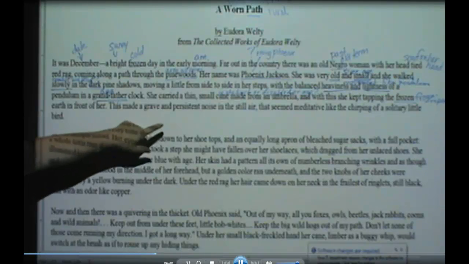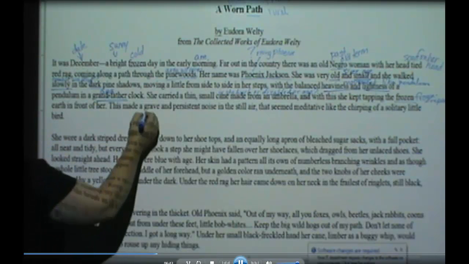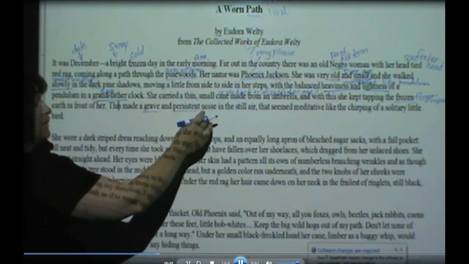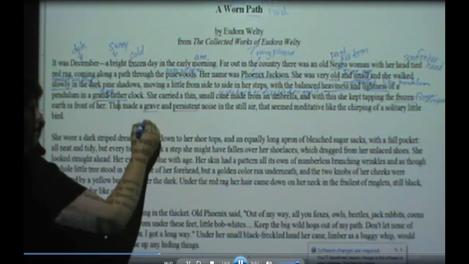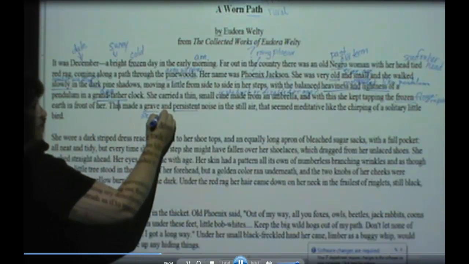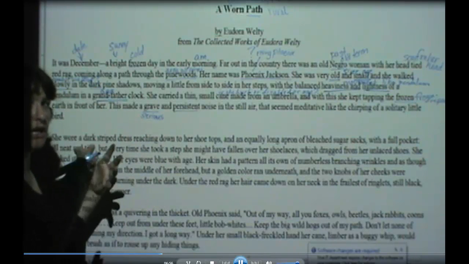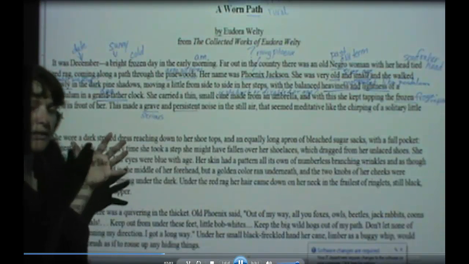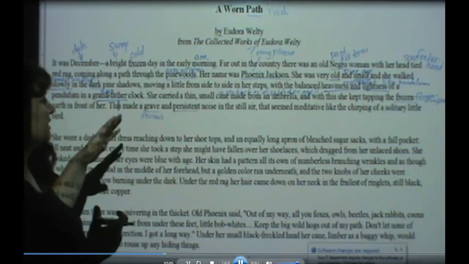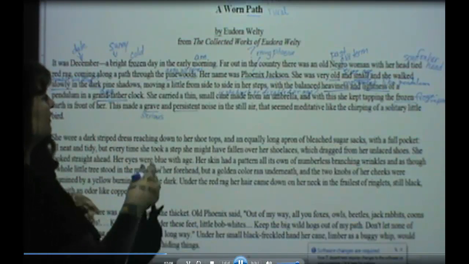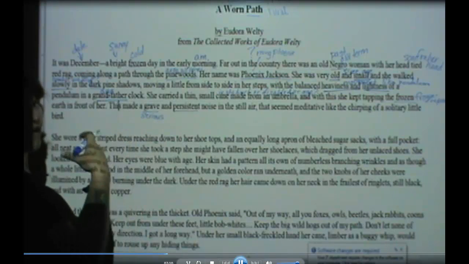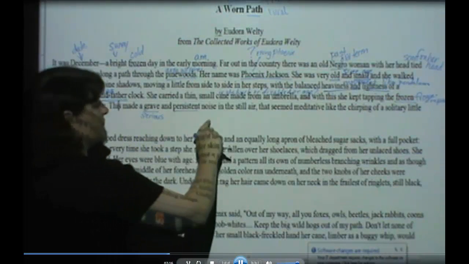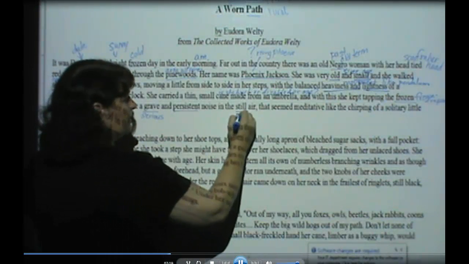This made a grave and persistent noise in the still air. I like the word grave because we have grave where someone would be buried, and grave and persistent as a way to describe the noise of her tapping. Very serious is what they're using here. But you see how that grave or cemetery image starts again to add to the tone here. She's not skipping bright and sunny through the trees. She's walking, tapping on that frozen ground. So you see a lot of death imagery or absence of life, frozen, frozen again, grave, and then when we keep going, still, that no movement,